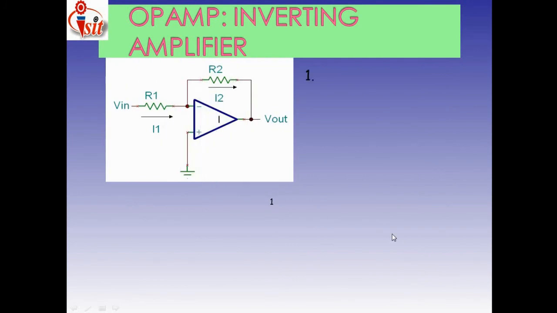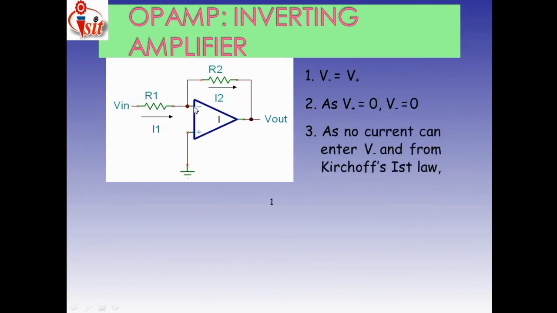Then the op-amp inverting amplifier. What is that op-amp inverting amplifier? Here the input voltage is connected towards the negative terminal of the op-amp. For that purpose, this type of op-amp is called an inverting amplifier. Along with the negative feedback here also we are connected, that is R2. R1 is connected as the input resistance. Just see here.